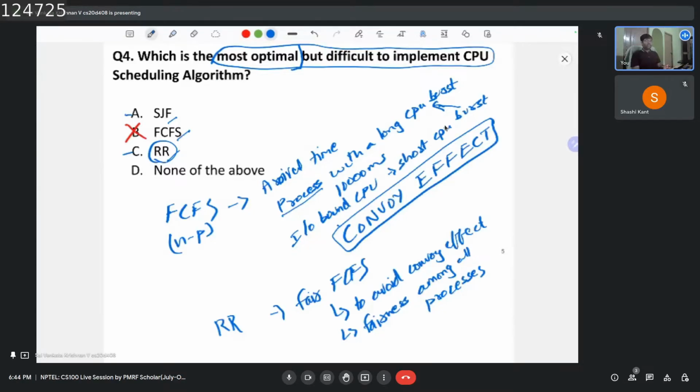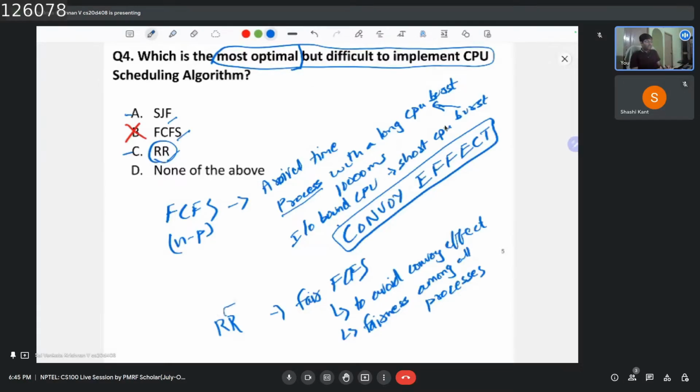It would get executed, and once the time quantum is over, the next process present in that circular queue would get scheduled onto that CPU. So round robin is a very fair version, and it makes progress for sure. But whether it's optimal, no, because